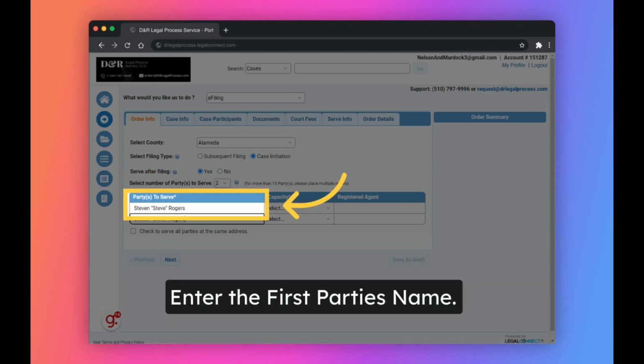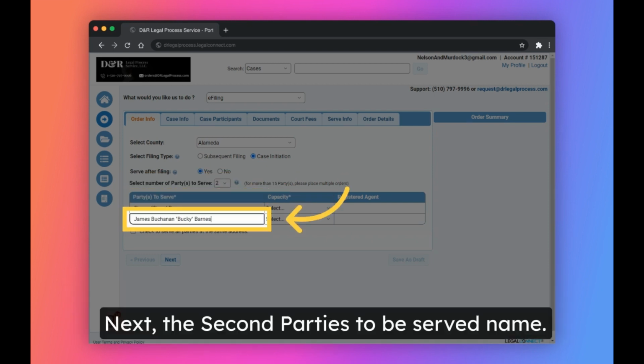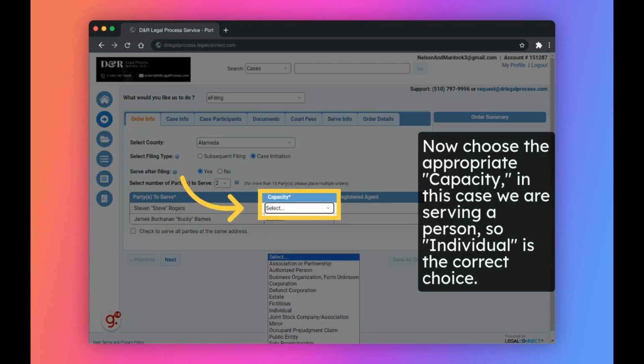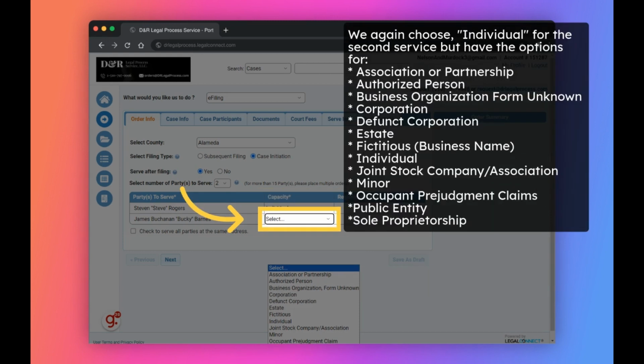Enter the first party's name. Next, the second party's to be served name. Now choose the appropriate capacity. In this case, we are serving a person, so individual is the correct choice. We again choose individual for the second service, but have the options for association or partnership, authorized person, business organization,